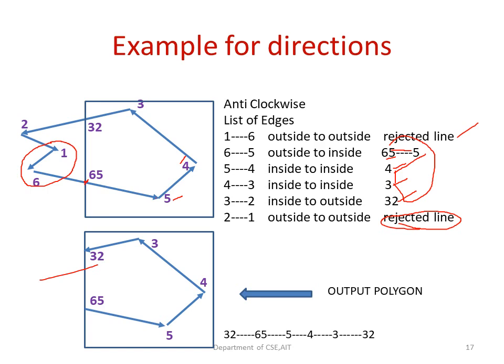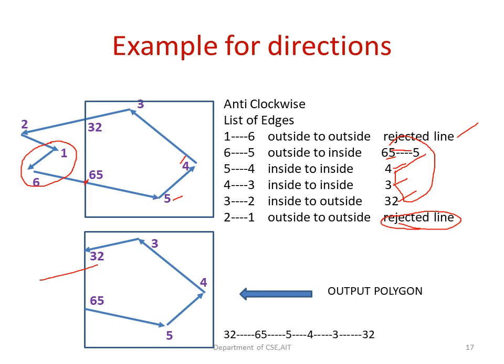Now we have the set of points which have been put in my output list. What are these points? That is nothing but 65, 5, 4, 3, 32. Because this polygon is a closed loop, if I start from one point, I have to come back to the same point again. So you can see that the output polygon will be a combination of all these points. It will be connected because whichever place we start, we have to stop at the same point. Here I am starting from 32.